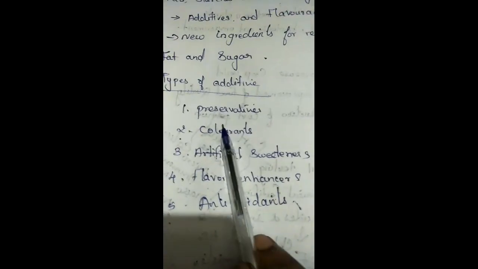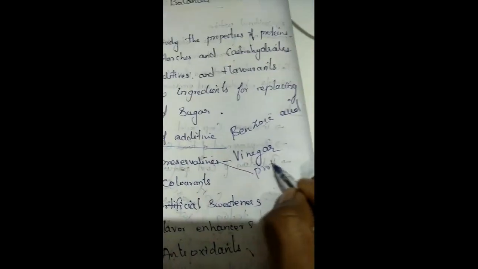What is the role of preservative? First we can see the role of preservative. They protect food from spoilage by microorganisms. For example, commonly with pickle we will add vinegar, sodium benzoate. Vinegar is a common example, isn't it? Then sodium benzoate, benzoic acid, etc. can be used as preservative. So the first function of preservative is to protect food from spoilage by microorganisms.